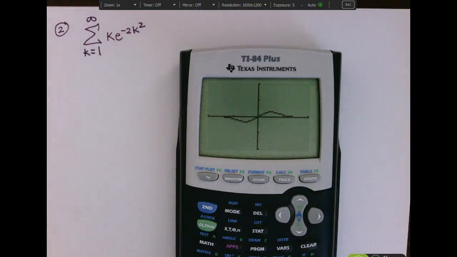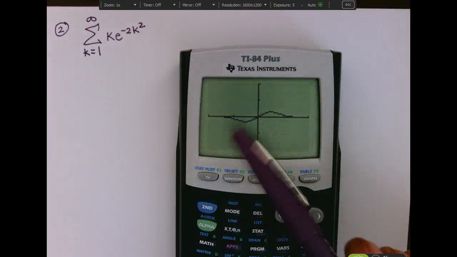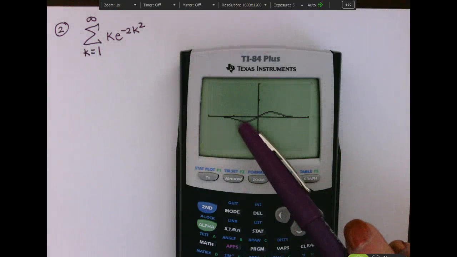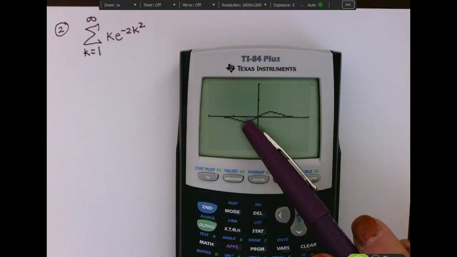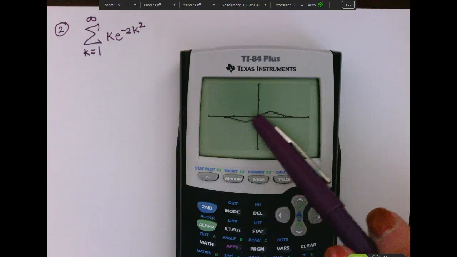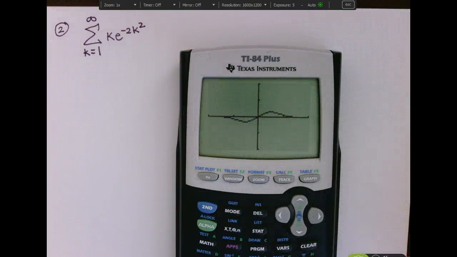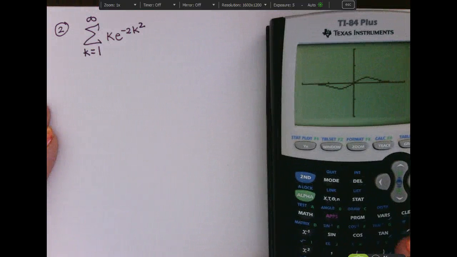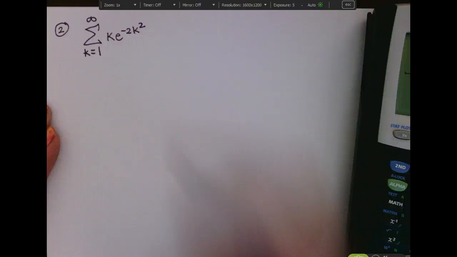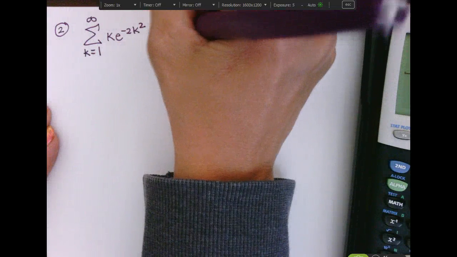Okay, so you can see that the function is not entirely positive. There are sections of the function that are below the x-axis. You can also see that there are sections of the function that are increasing as opposed to strictly decreasing. It is continuous all over, so we don't have to worry about that. But the one thing that you want to remember here is that when we talk about whether it's continuous,